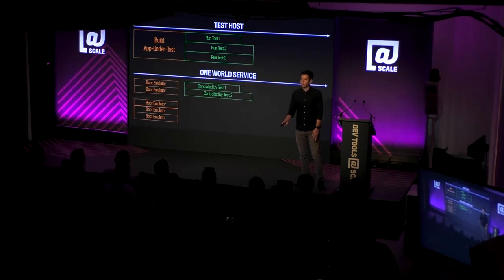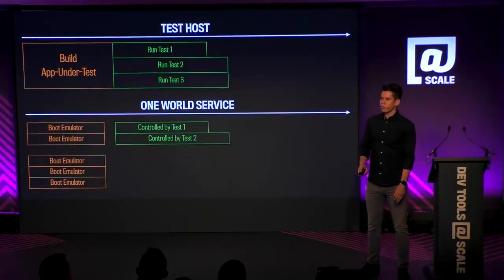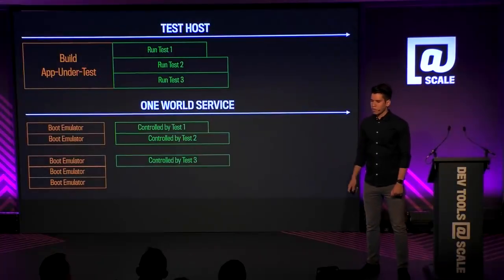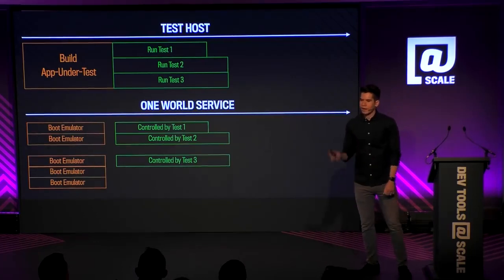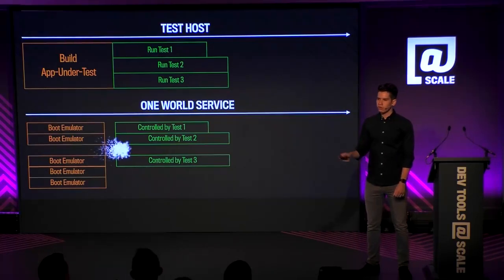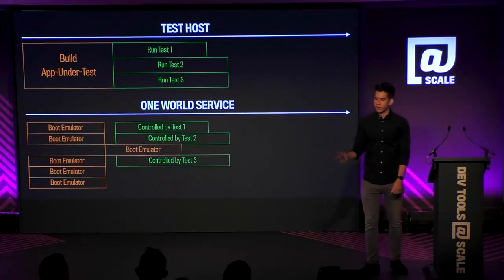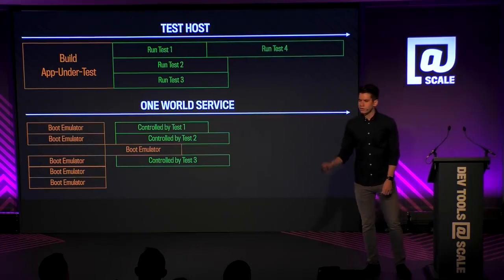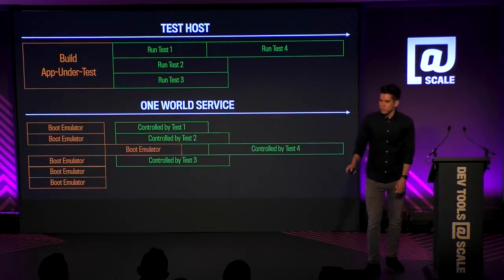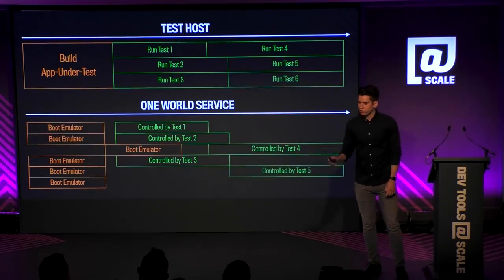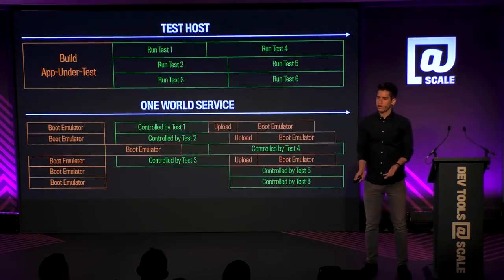So what's going to happen to your test run? Is it going to get slower because you don't have a resource? OneWord will make sure to pair it up with another resource. So your test run is not going to fail because the emulator has failed to boot. And for this emulator that just failed to boot, we're going to try to make it happen again. So whenever test 4 decides to run, it can now control this resource that previously failed to set up. When you decide to run tests 5 and 6, they're just going to control other emulators on the cloud. And the upload and boot emulator steps are happening on different machines.